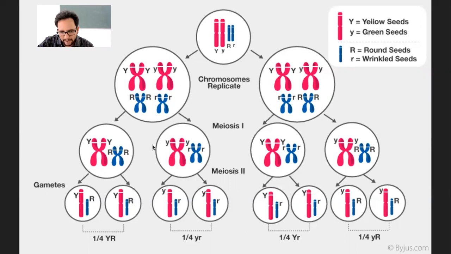Yeah, and then based on how they go forward, the gamete formation will be different, right? Capital Y, capital R, these two will be of the same type. Small y, small r, both of these will be the same type. Capital Y, small r, these two are the same type, and small y, capital R, these will again be of the same type. So that way, you can look at the gamete formation process through meiosis from these individuals which are the F1 generation.